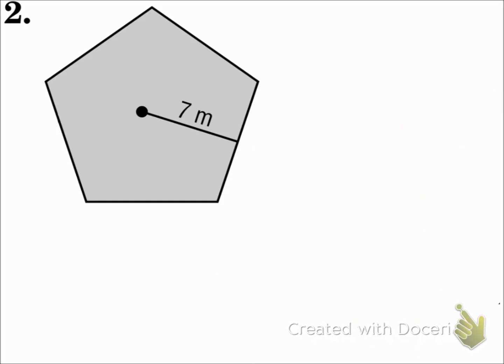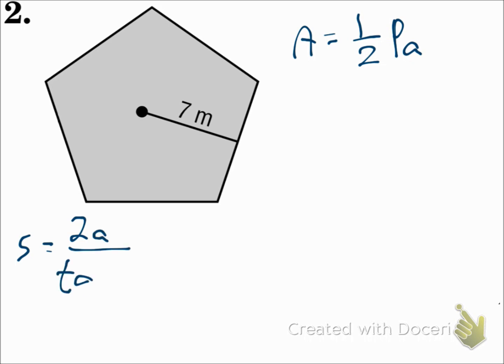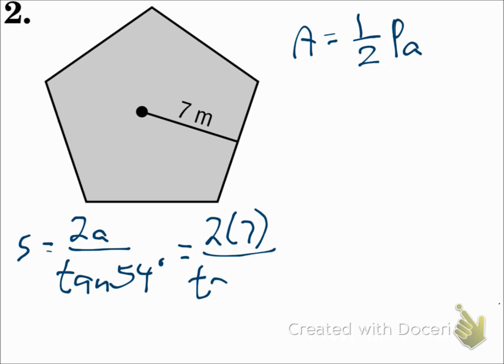Number 2 is a regular pentagon. Area equals half perimeter times apothem. I don't know the perimeter, but I can find a side length if I use my apothem chart to get the measure of a side equals 2 times the apothem over the tangent of 54 degrees. 54 degrees is because it's a pentagon. So 2 times the apothem here is 7, divided by the tangent of 54 degrees